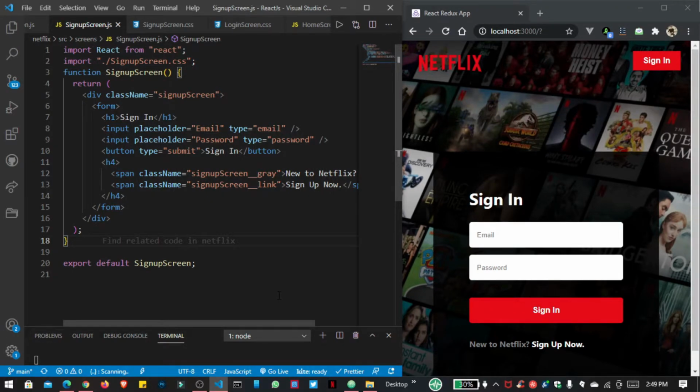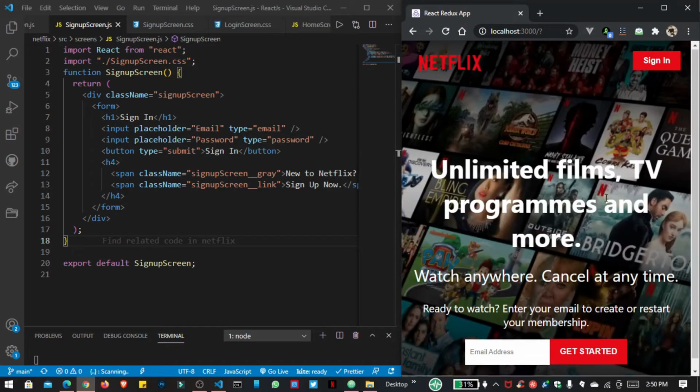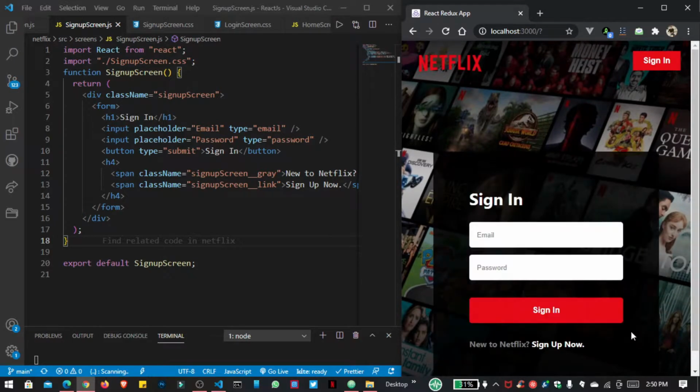Now we are creating two functions. First is for our sign in, and second is for our sign up now. If the user has the email and password, then it will go inside the sign in, and if the user has to register to our NetflixClone app, then it will go inside this. So for that I am creating two functions, and you can see here guys, whenever I click on this button, the whole app is refreshed. So I don't want this. So for that,